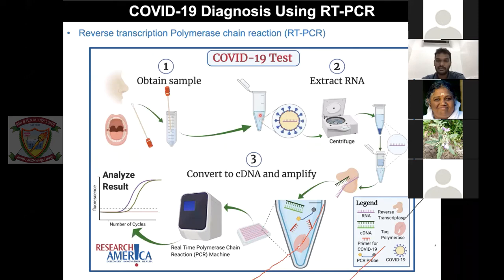So here the virus will all be there, and you do the centrifugation, and you can extract the genomic RNA from the virus particle. So now this virus genome is extracted, and there's a column you pass it through, and only the virus genome can be isolated, and the rest of the molecules can be thrown out. So now you have the virus genome, and I'm going to explain some of the steps in later slides as well. But you just get the overall picture of how RT-PCR works for COVID-19 testing.